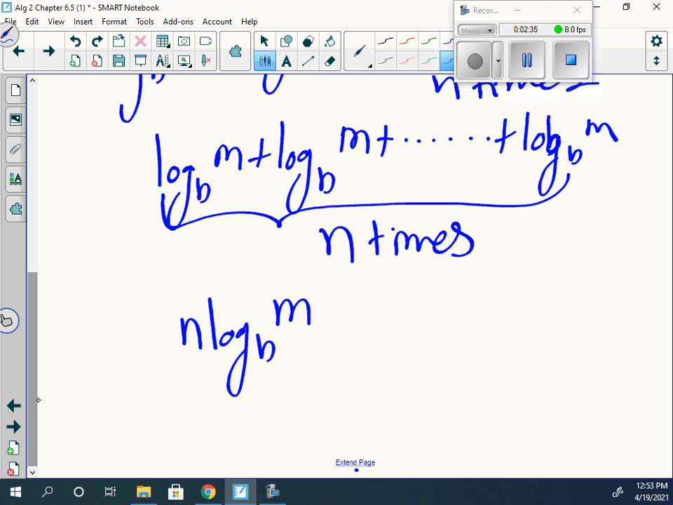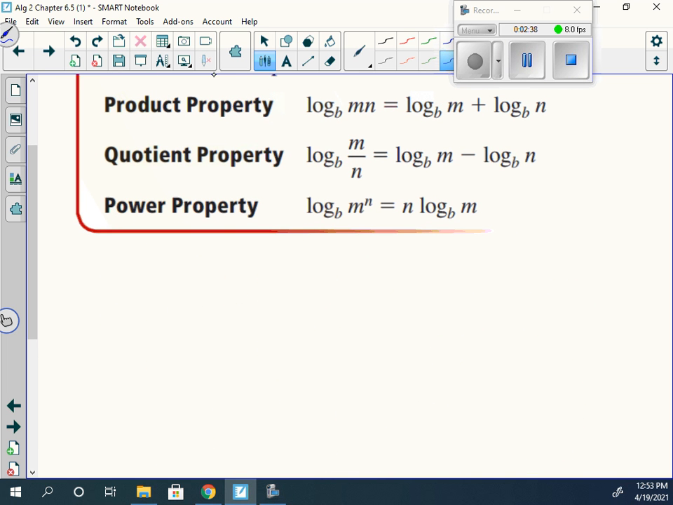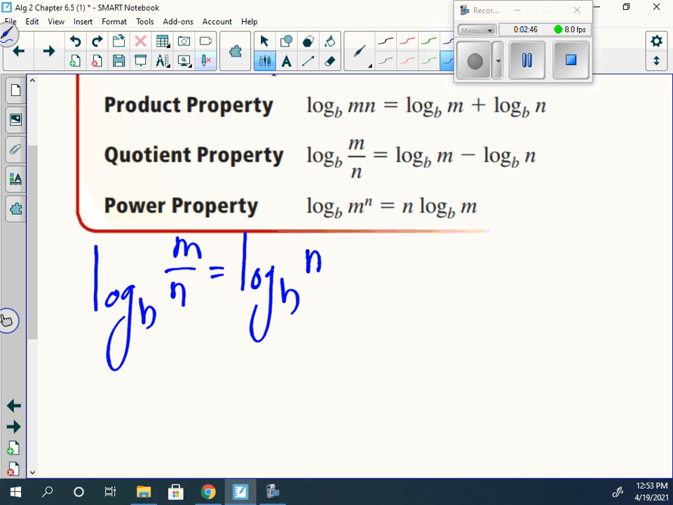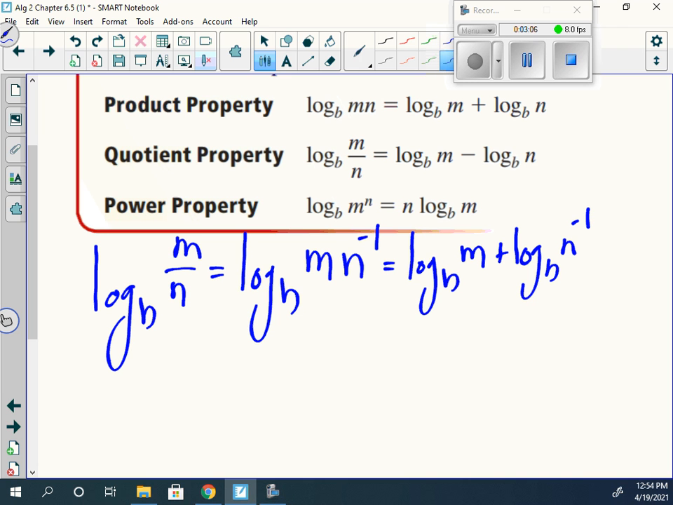And both of these actually work together to show that the quotient property is true. Because if we have m divided by n, what we could do is rewrite this as them being multiplied together, because I can move a variable from the numerator to the denominator or denominator to the numerator. It just makes the exponent negative, which would be the same as log base b of m plus log base b of n to the negative 1. And if we move that exponent out front,